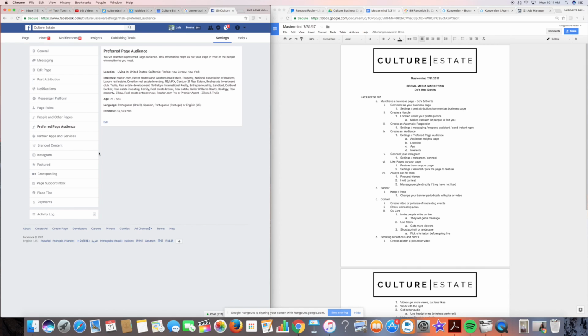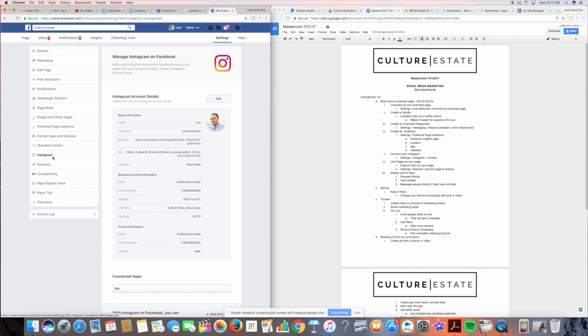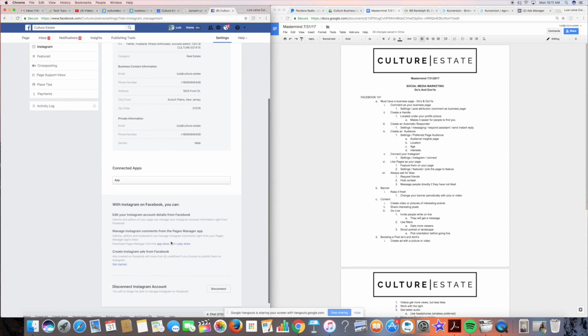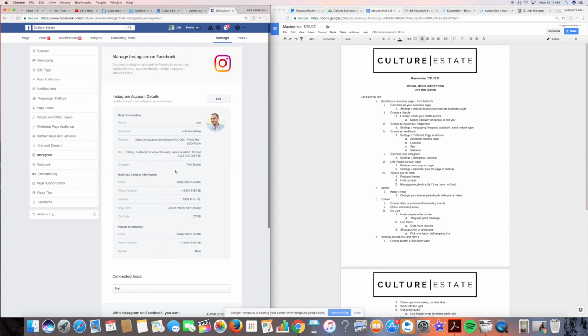Under settings, you want to just jump onto the Instagram tab. On the Instagram tab, you're going to see that here you can connect to an existing account. So you want to take the time to do this. Why is this important? Because now, if you're sharing something to